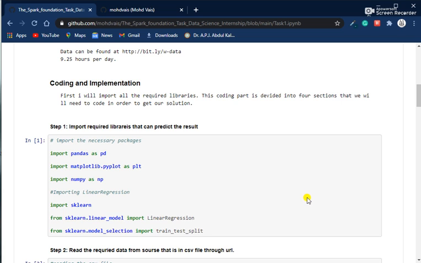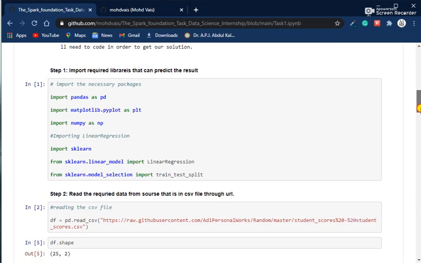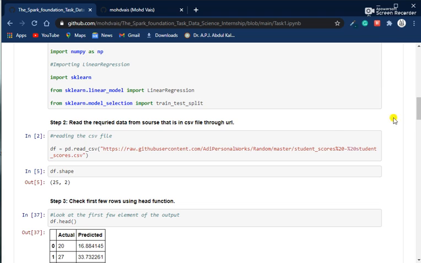This task is divided into some steps, and the first step is to import required libraries. To import the necessary libraries for this task, execute the following import statement, which is given below. After that,